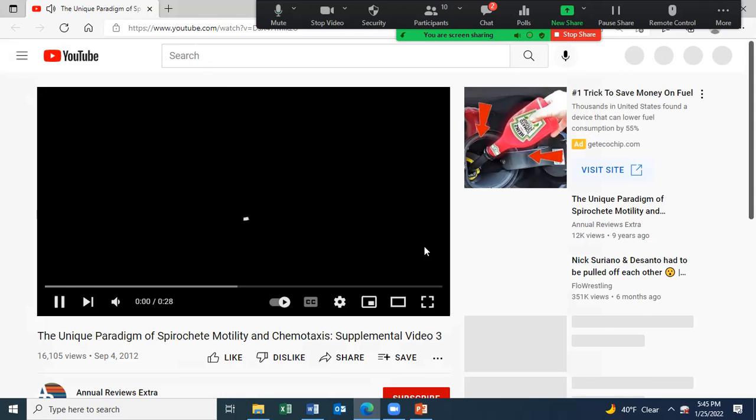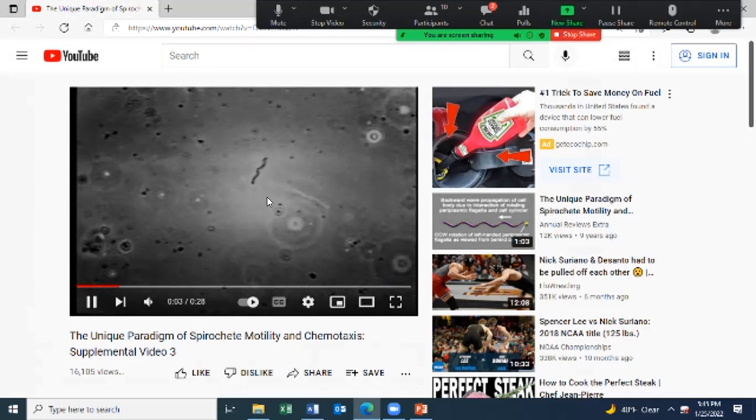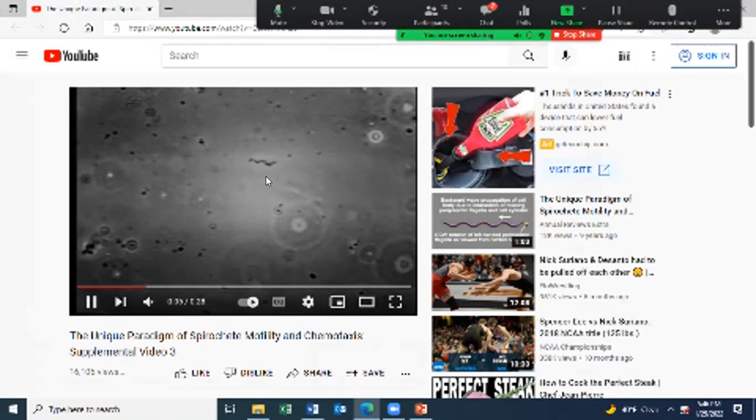I have a little video here. You can see how flexible the spirochetes are. And there you saw the cell just changed its direction. And it can move different ways by varying the spiral movement. So if it's spiraling this way, it's moving that way. But if it will be